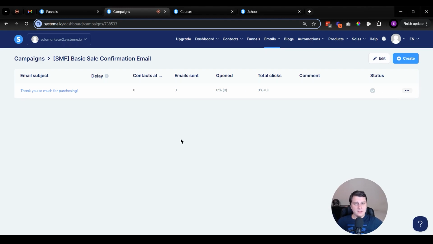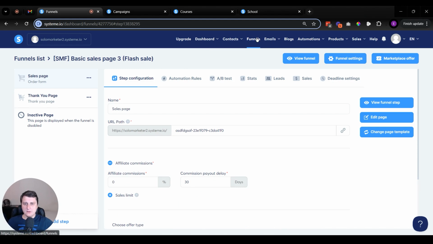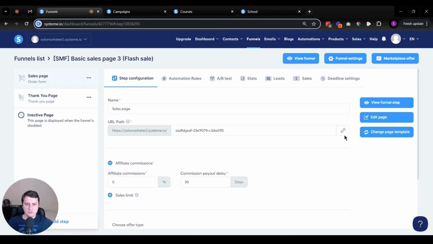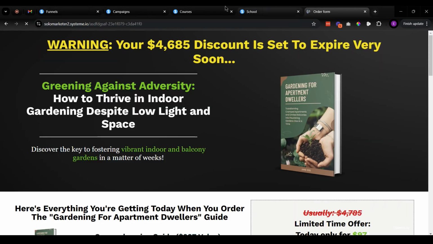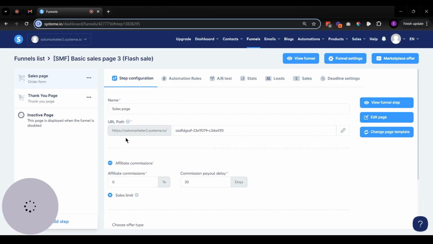Okay, so now that we have the email and the course, we can finally go to the sales page, which is the main event. This is under funnels, right? Funnels, and this is the most recent one that we claimed. So the page looks something like this by default. Let's close this stuff. This is the page. The first thing you want to do is go to settings, funnel settings,